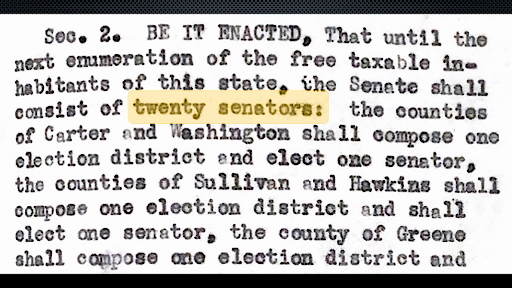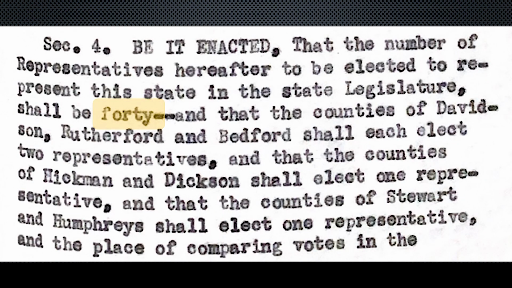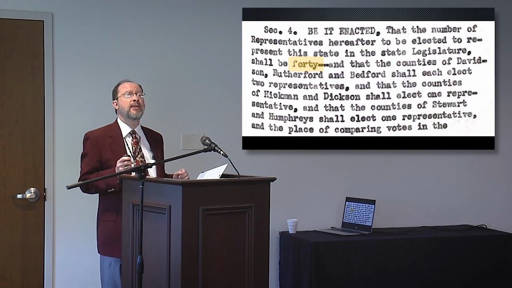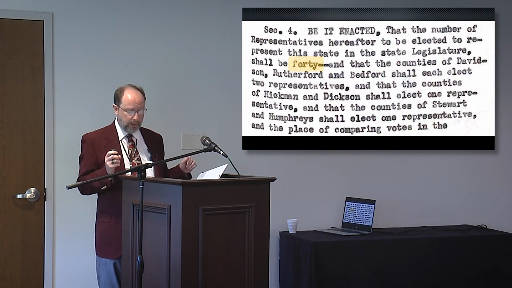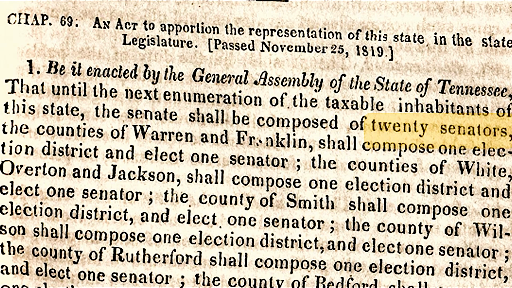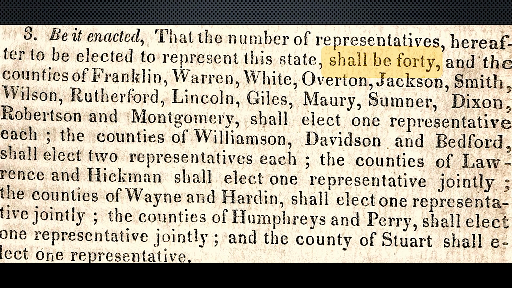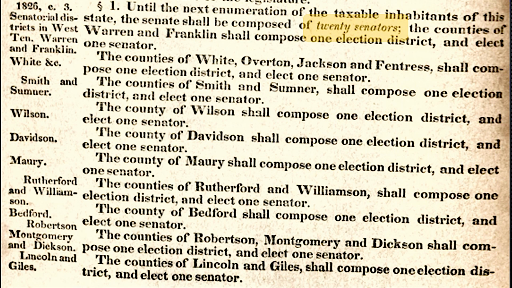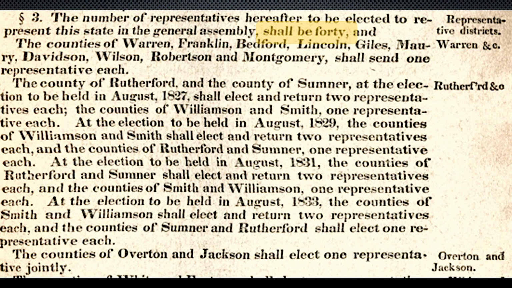Anyway, this act set the number of senators for the next General Assembly at 20 senators, and the number of representatives at 40, divided among the now 38 counties of the state, and they decided that they liked those numbers of 20 senators and 40 representatives, forming a 60-member General Assembly, because the next redistricting in 1819 by the 13th General Assembly kept 20 senators and 40 representatives, divided among the now 47 counties of the state, and the next redistricting in 1826 by the 16th General Assembly also kept 20 senators and 40 representatives among the now 62 counties of the state. But